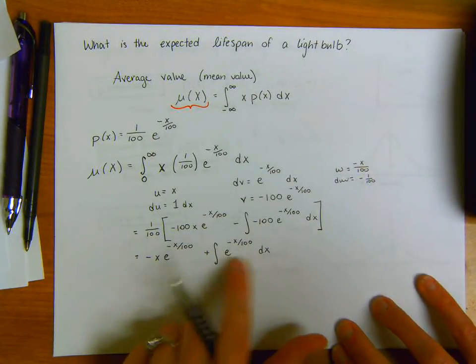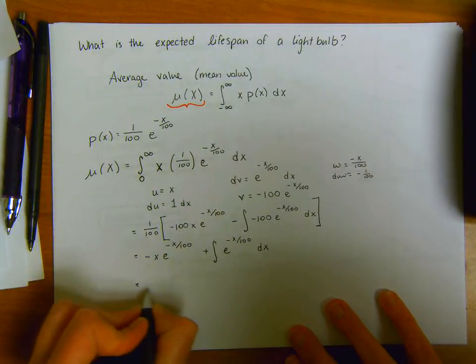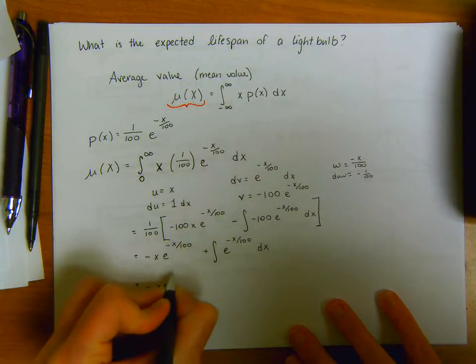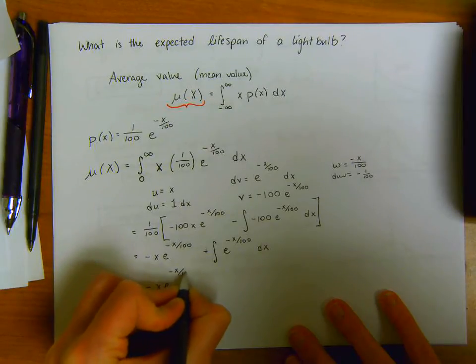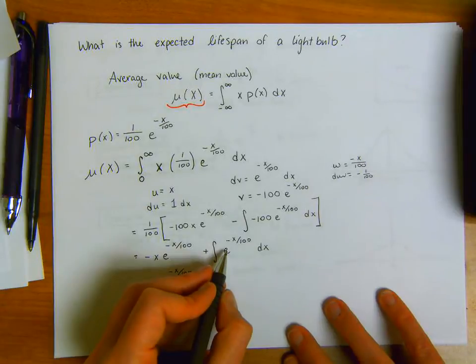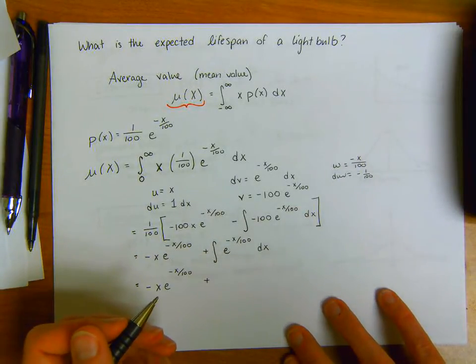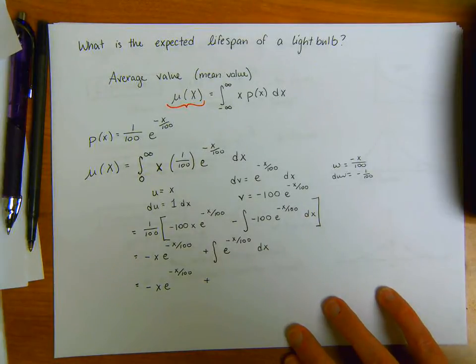And like I said, this is an integral that we already solved. Negative x e to the negative x over 100 plus, recall that this integral we would have to do the u substitution, and it becomes minus